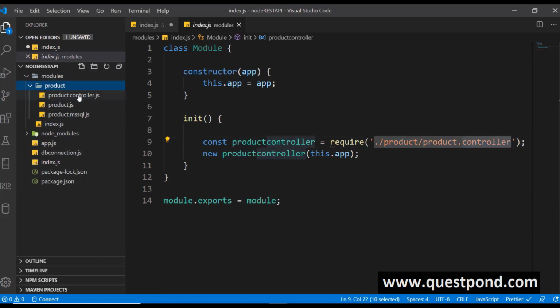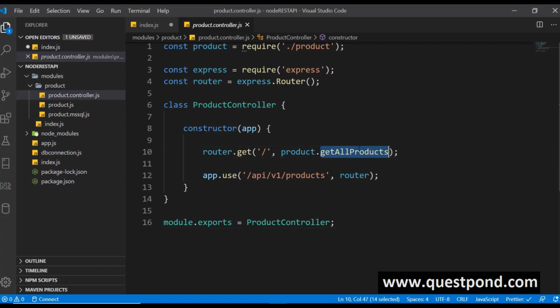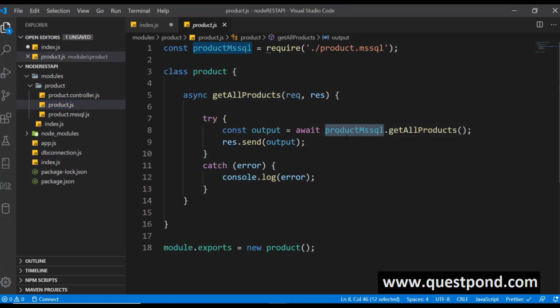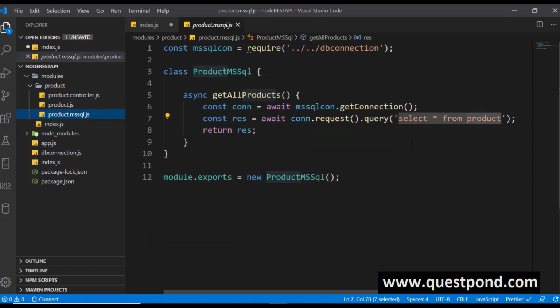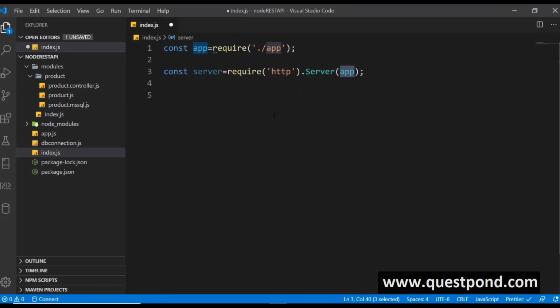So now over here on product controller it will call our getAllProduct method, and from here it will execute my MS SQL file, and it will call the database. This is how the application flow is going on. Making sense? Now on index.js, as a next step, what I'll say is server.listen,